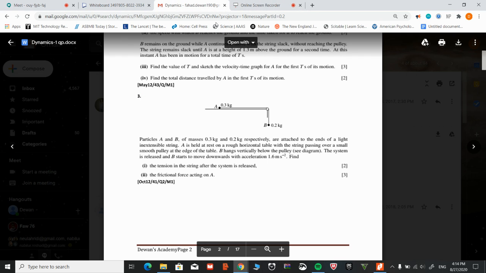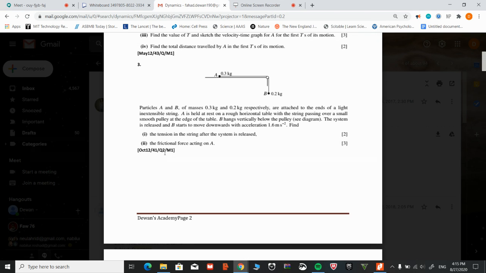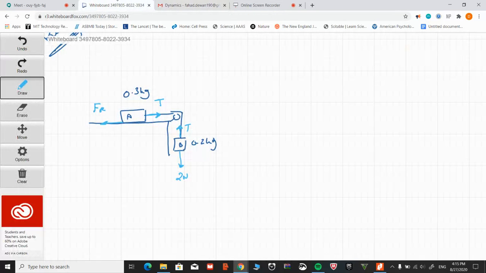So this question is from the worksheet. This is a winter 12 for 1, question 2. A worksheet, this is question number 3. Now, we said we need to focus on the horizontal forces for particle A and the vertical forces for particle B. Now, if we were only given these two pieces of information, তাহলে আমাদের